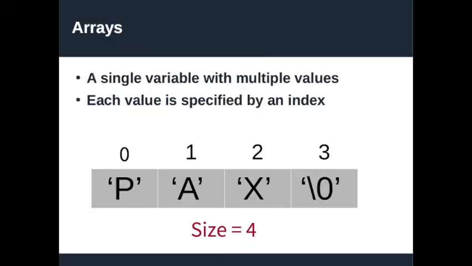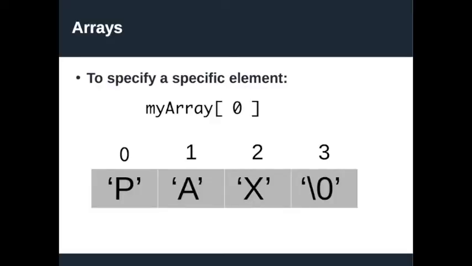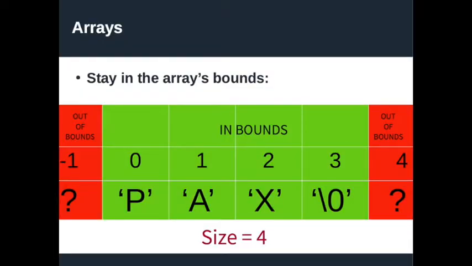The size of an array is just the number of elements the array contains. This means that the highest index in an array is its size minus 1. The syntax to specify a particular element in an array is to give its index in square brackets after the name of the array. Note that you can use a constant, a variable, or any expression that simplifies to a number. As a programmer, you need to be careful not to access an index that is outside the bounds of